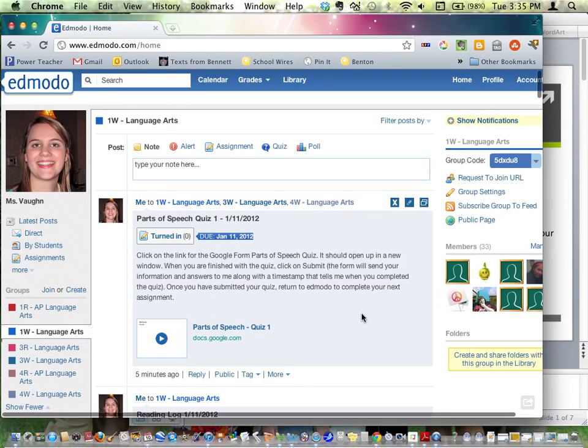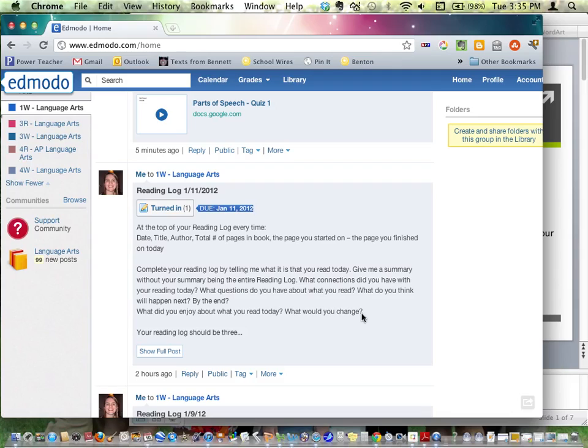You're going to go here, and there is a reading log just like we did the other day. You're going to click on Turn In, and you're going to type your reading log and click Turn In Assignment, and it'll come to me with a timestamp telling me when you took it, what time, and all that good stuff. So make sure you do it when you're supposed to be doing it and not try to make it